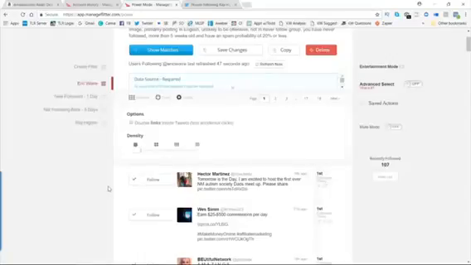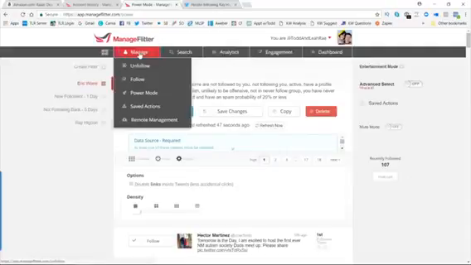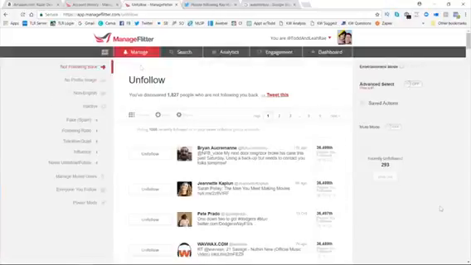Now, like I mentioned before, not everybody's really going to follow you back. So how do you find people to unfollow? ManageFlitter makes this really easy for you. All you have to do is go back up to Manage and click on the Unfollow setting right there. So this is where ManageFlitter is going to give you a bunch of suggestions on who